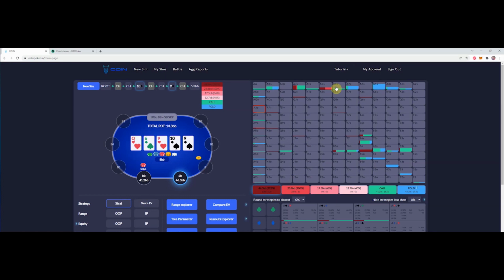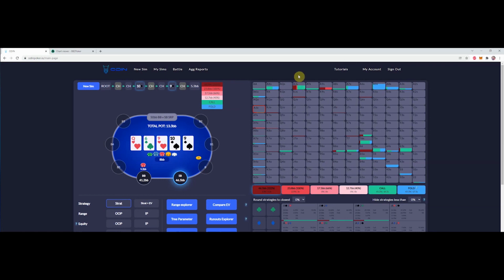I guess having the straight blockers are pretty relevant in this spot. Now, I will say that I wouldn't have ever expected to be turning the ace-jack into a bluff. So this is a valuable piece of information that I'm seeing right here that I definitely wouldn't have thought. I thought we would have been just call or fold in the spot. So it's nice to see that a hand that I considered as strong as ace-jack is actually mixing in some